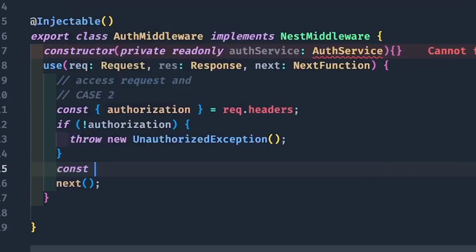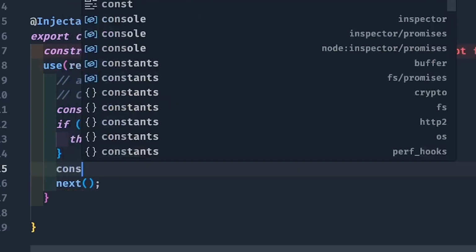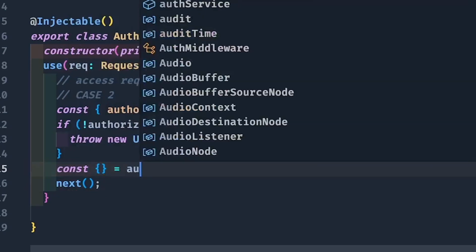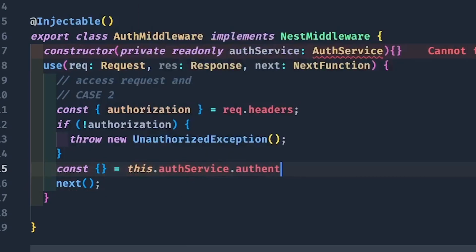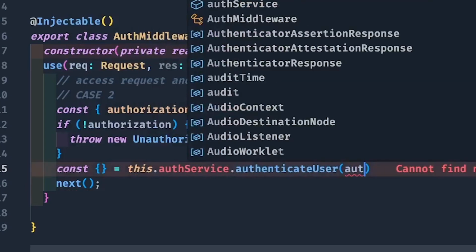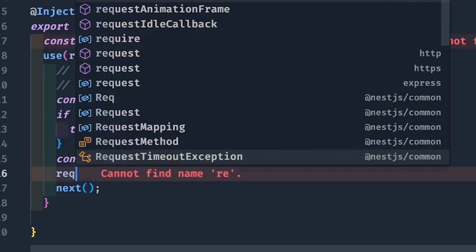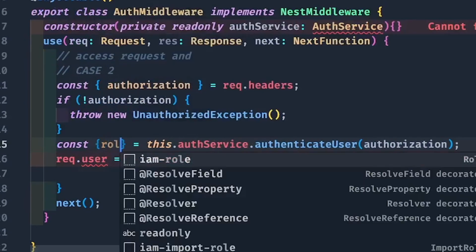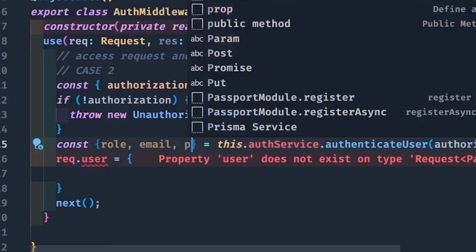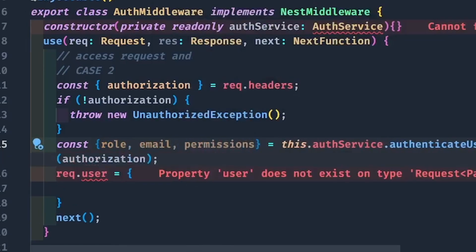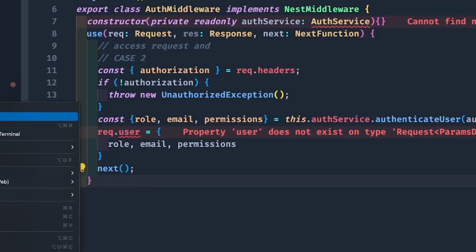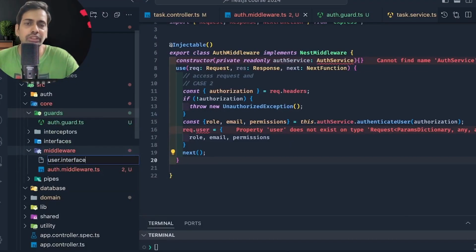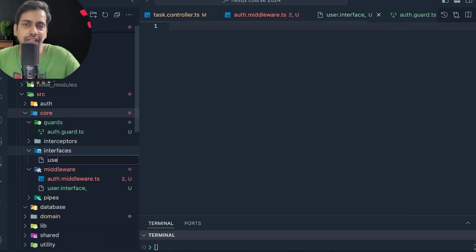Middleware is validating that, okay, are you passing the session information through cookies, through headers, through some particular header or the authorization header? And if you're passing it, then I need to validate that authorization value using some service, right? If that is valid, then I'm going to initialize your session on the request object. So across the controller and service, I should be able to get the information that the user session contains in the authorization header. Currently, I will just mock it. I will try to implement it as a mock version. Here we need to create an interface because we are having user on the request object.